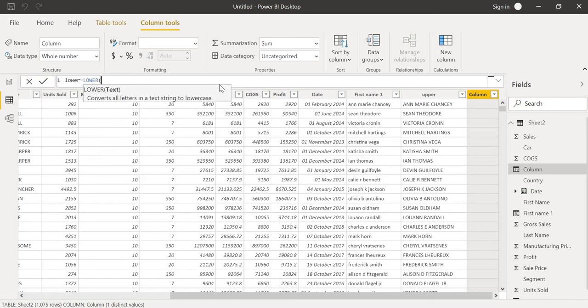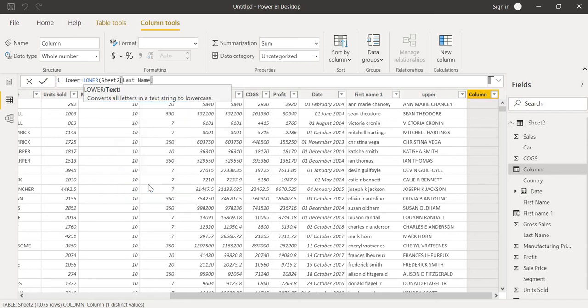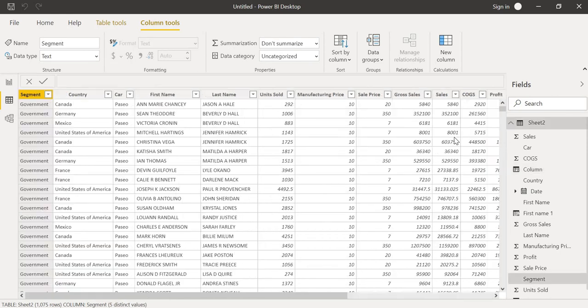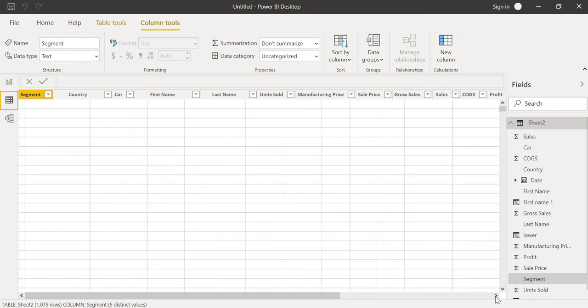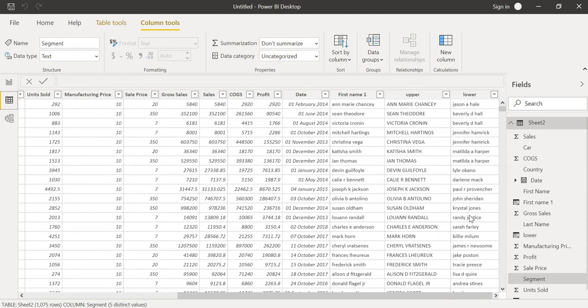Then lower, I'm selecting the data from last name. This is lowercase. I'm getting lowercase here.